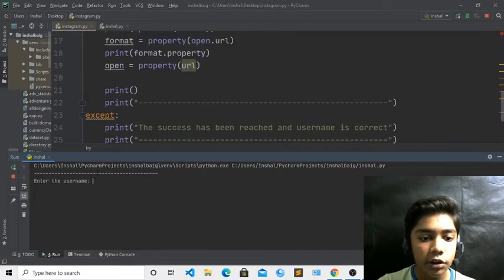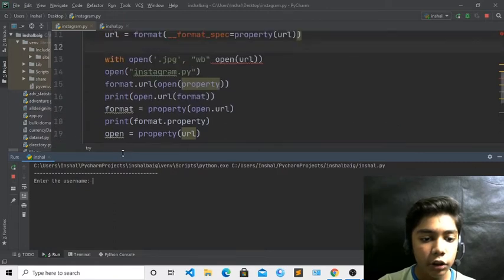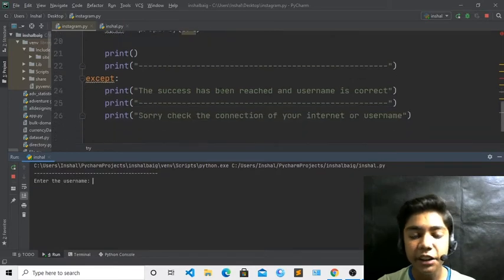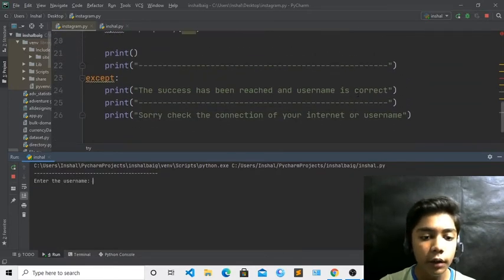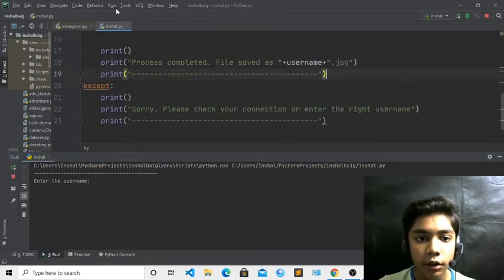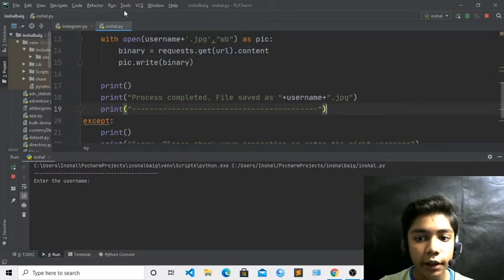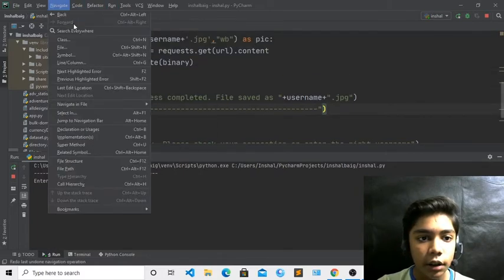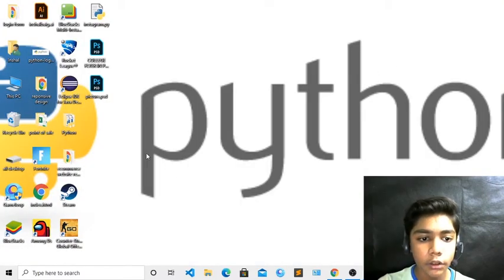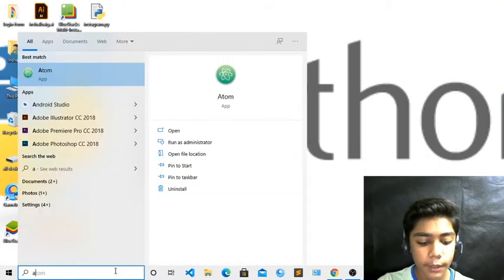I am just showing you that randomly. You can take any picture, but you cannot take a video from here, because if you are taking a video, it will be another tag over there. Another tag is needed for taking any video over here. So now if I minimize it, I will show you where my picture is.